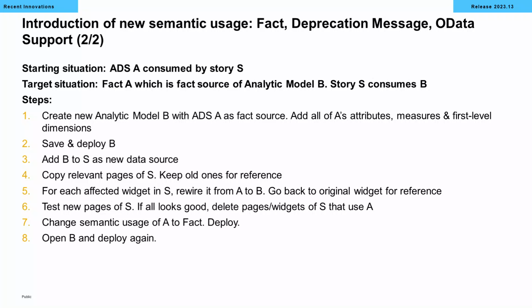I'm happy with the ADS really serving as a fact source only, so I classify it as fact and I deploy that. This sort of gets rid of this default cube. It redeploys that same HANA view, and then that's it. And then you open your analytic model, make it aware, deploy it again, and then you're through. So this is